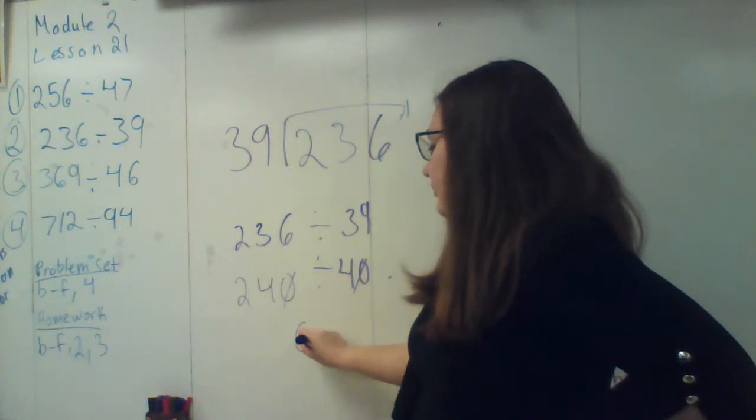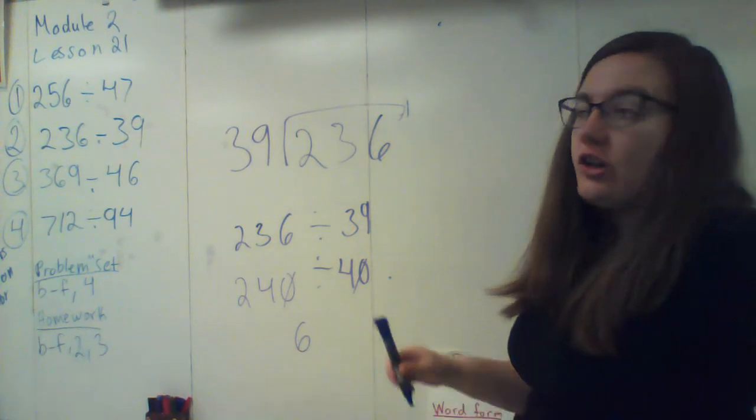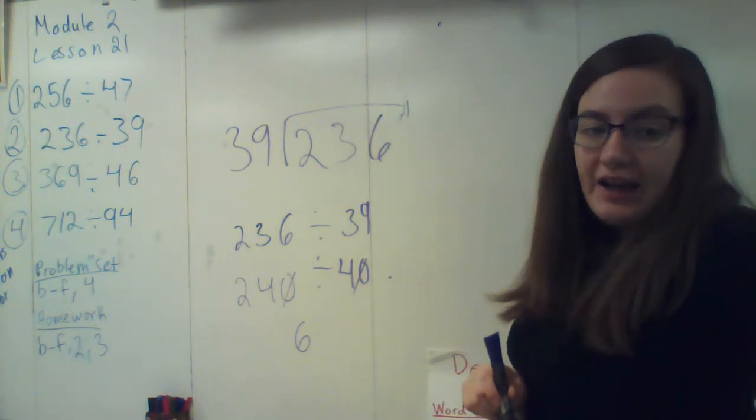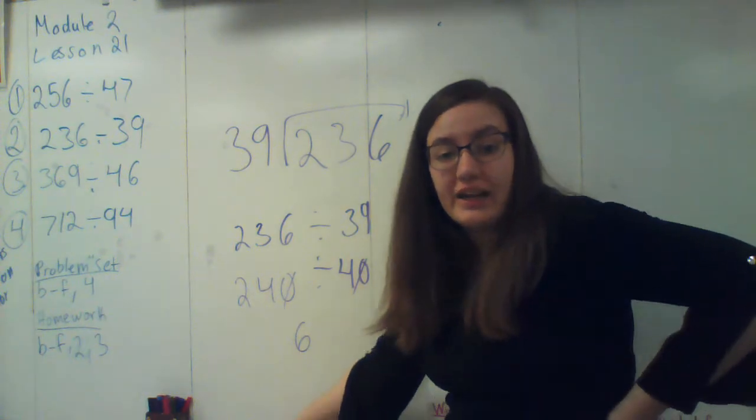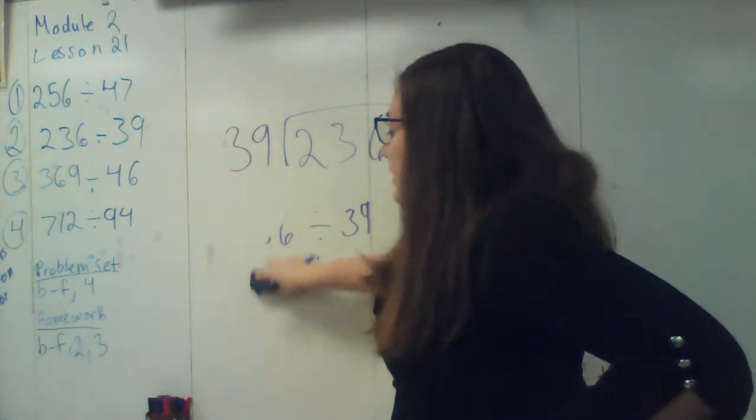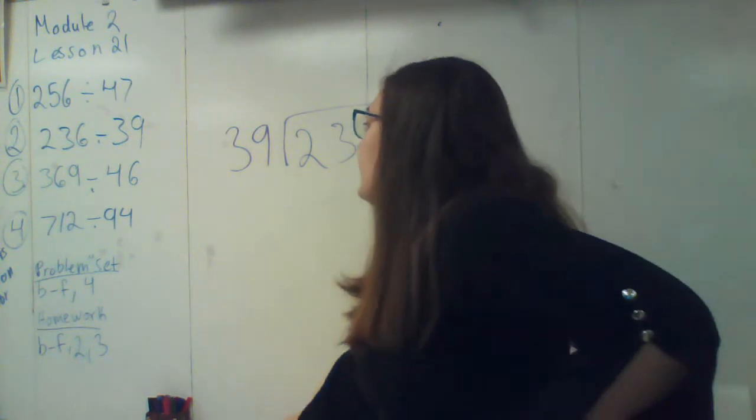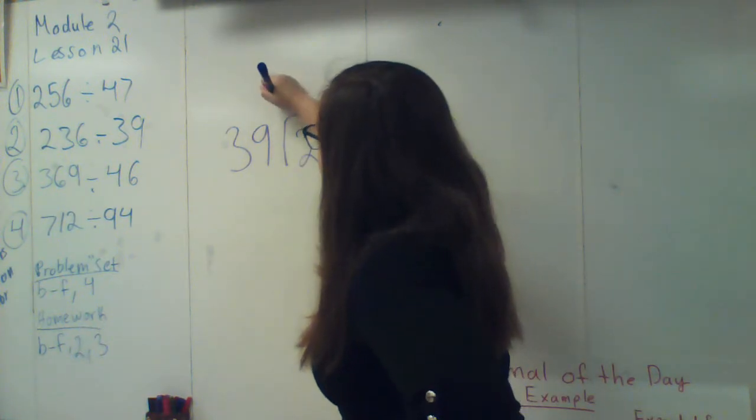0 is 24 divided by 4 is 6. So 6 might be a good number up here to have in my quotient. So I'm going to try that out first. So when I come up here, I'm going to have 39